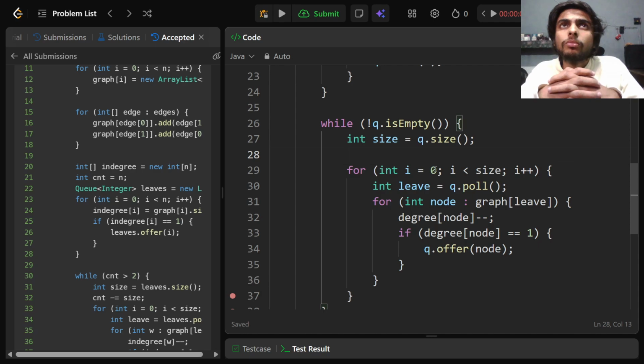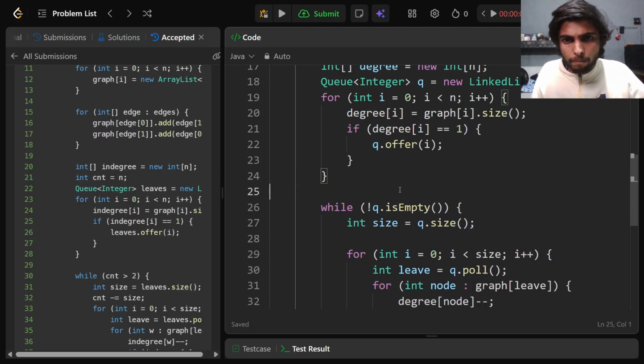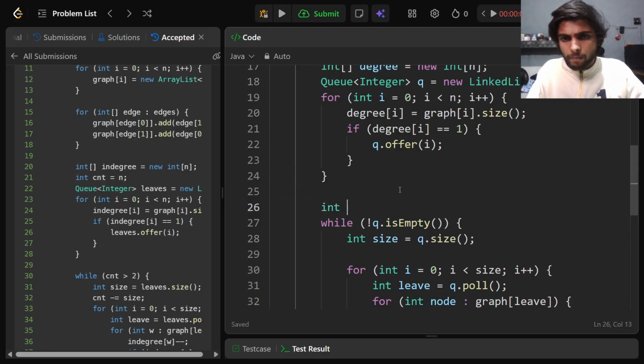So if there are n nodes in the tree, and minus size, then yeah, okay. Maybe nodes left is a better name. Nodes left. Well, initially there are n nodes, and